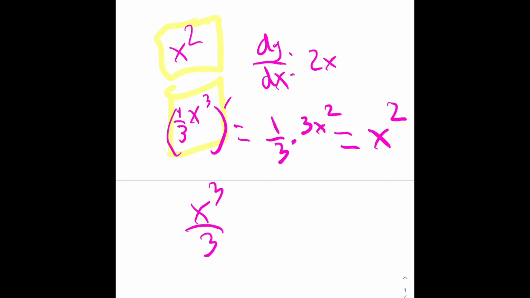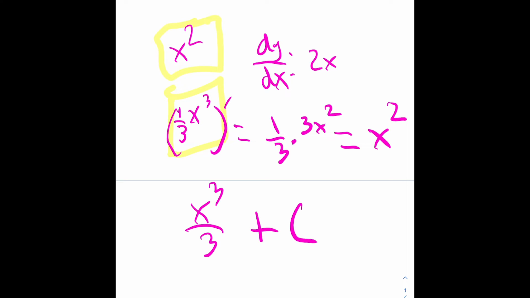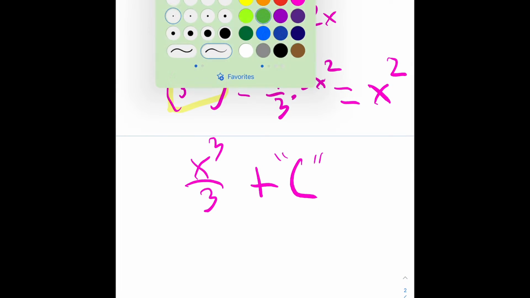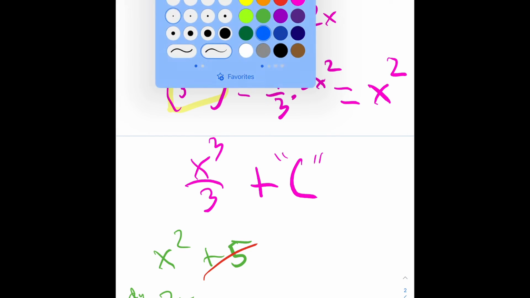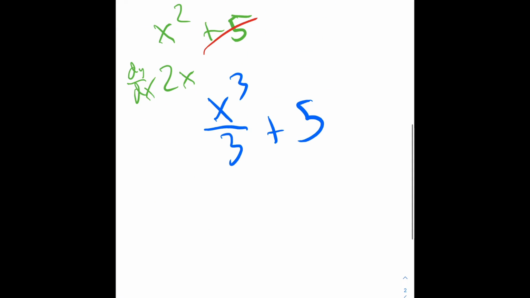One important thing that we have to add when we do antiderivatives is plus c, and c stands for constant. Think about what happens when we have derivatives. With x squared plus 5, when I take the derivative, this 5 cancels out. It goes away, right? So I have to state that there could be a constant there, because technically plus 5, or x to the third over 3 minus pi,